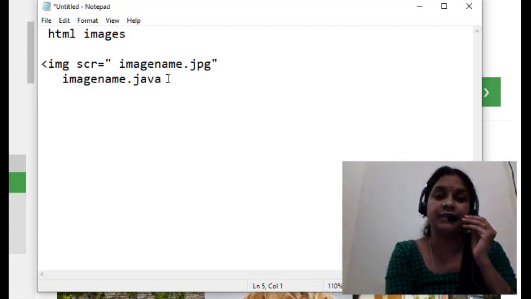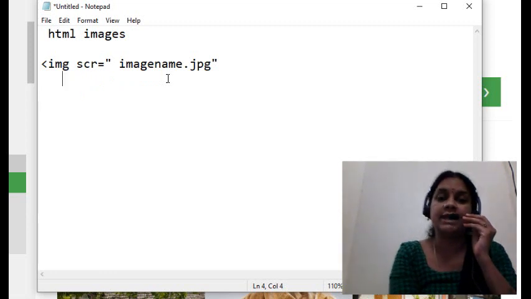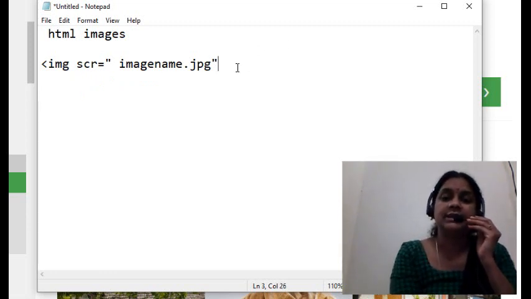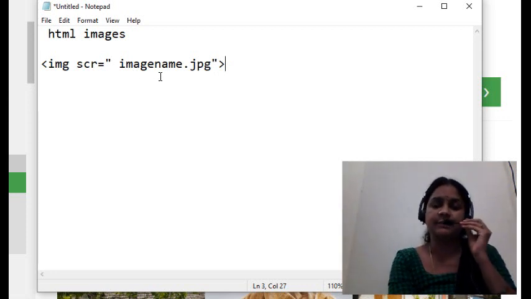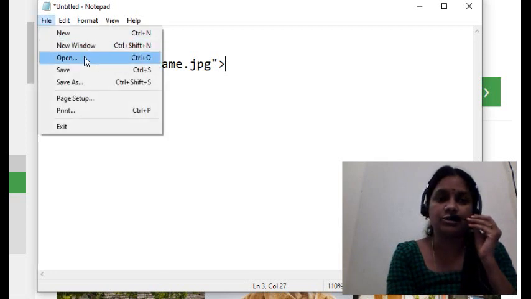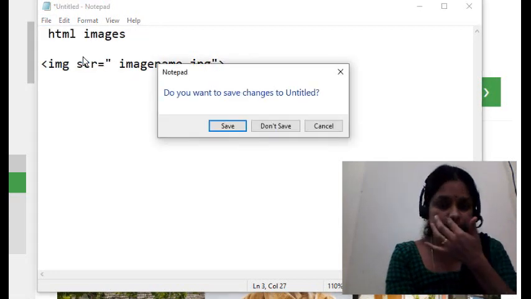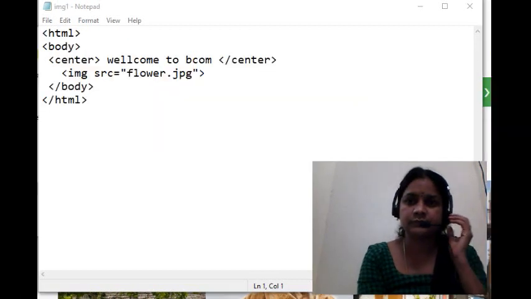That is the use of images. What extension do images always have? JPG. That is the tag we use: img src is equal to image name. It may be of any name. Is it clear to all of you? Let us see the program here. I am going to show a program. Let us see here. This is a program.